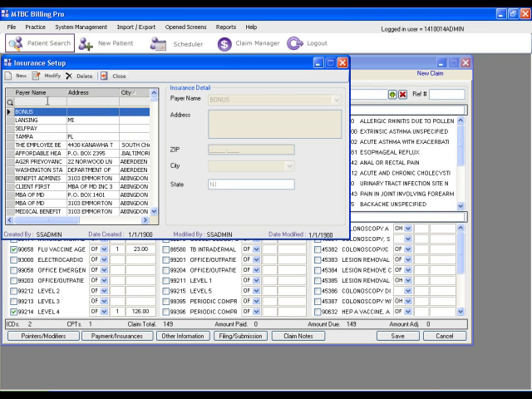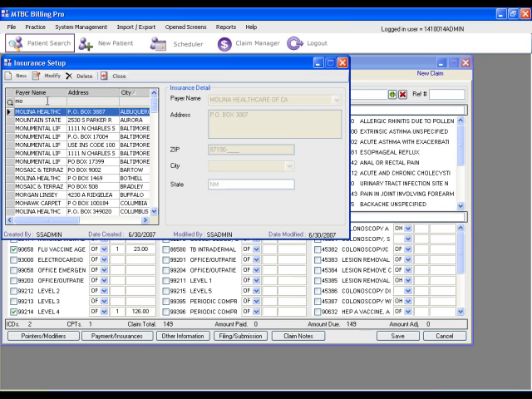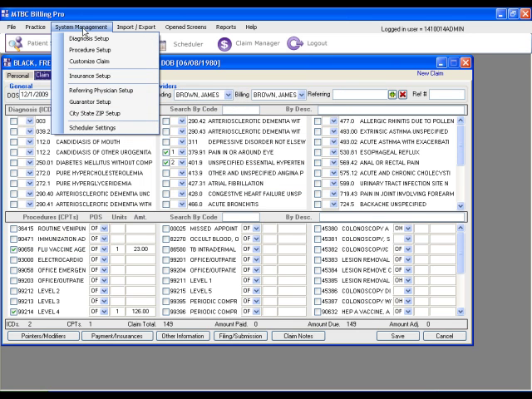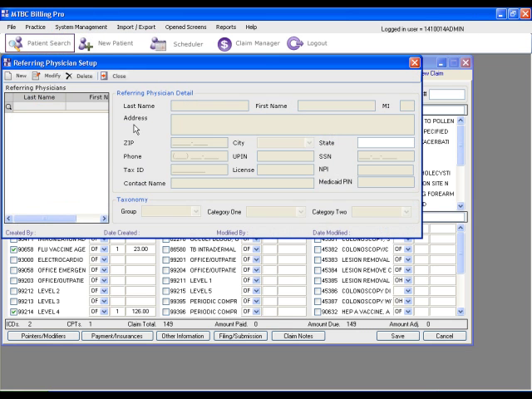We can go find an insurance outright and just click on the delete button to delete that insurance. If we want to modify any insurance, of course we click modify, and when we're finished we can just click close. The System Management menu also has the option for the referring physician setup, which allows you to load referring